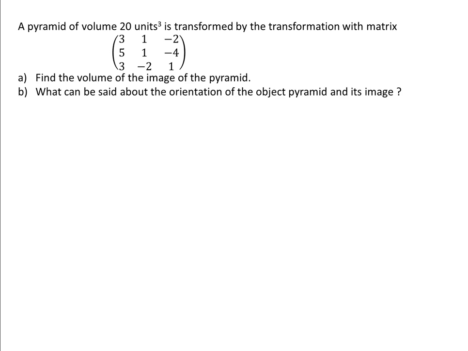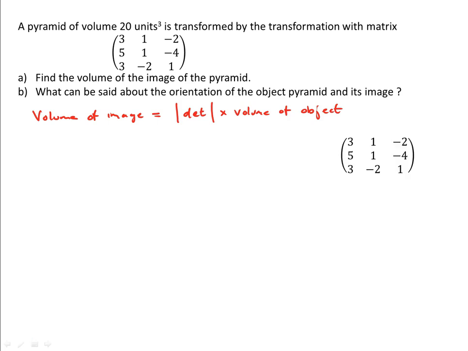Well, to find the volume of the image, we need to consider the determinant of the transformation matrix, because the determinant of the transformation matrix gives us the volume scale factor. So we know that the volume of the image is going to be the modulus of the determinant times the volume of the object. So we need to work out the determinant of the matrix 3, 1, minus 2, 5, 1, minus 4, 3, minus 2, 1. So repeat the first two rows,